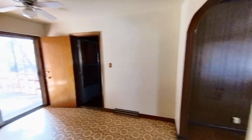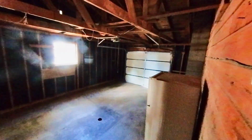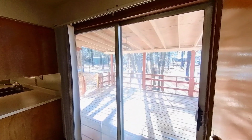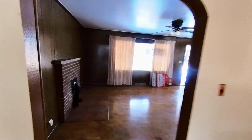Walking around into the dining area, and then off here to my right is a one-car garage, but it's really oversized. A little bit dark in there, but you can see that it has lots of space, lots of extra workshop space, and some sliding doors out to the backyard. And I will take you back there in just a moment, but let's go ahead and take a look at the